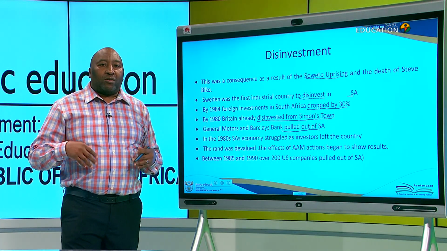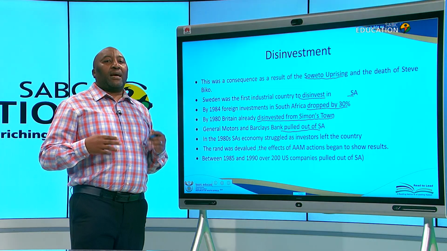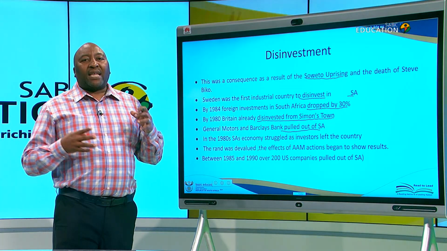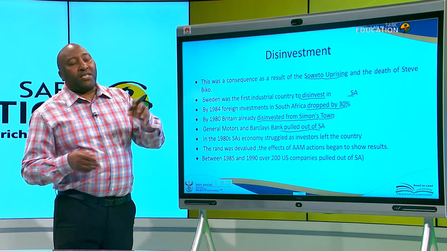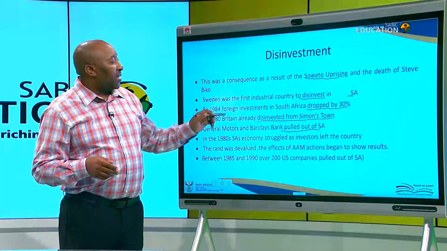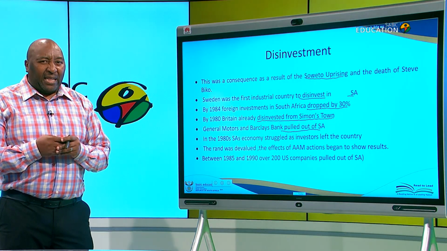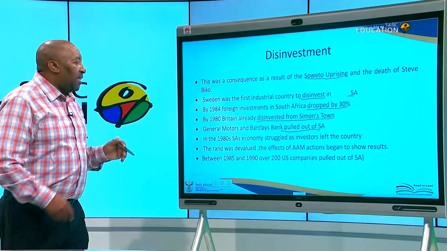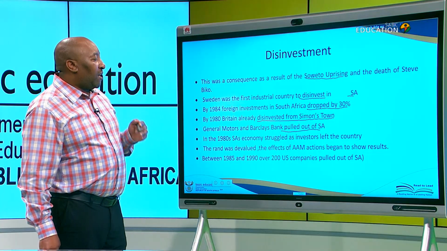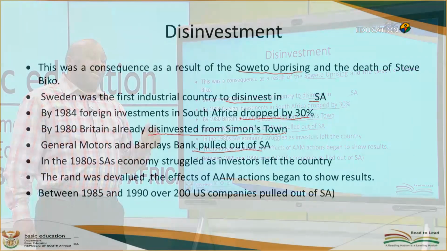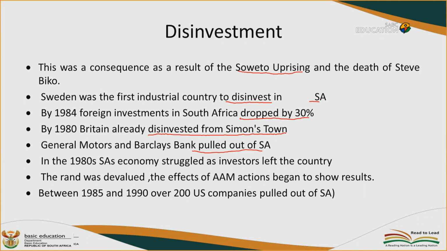General Motors was a motor industry that produced a number of cars in South Africa. That company withdrew its investment, as well as the Barclays Bank, as we said, under the economic boycott. In the 1980s, South Africa's economy started struggling. The economy started struggling as investors left the country. As investors left the country, a number of people were unemployed, and there was so much